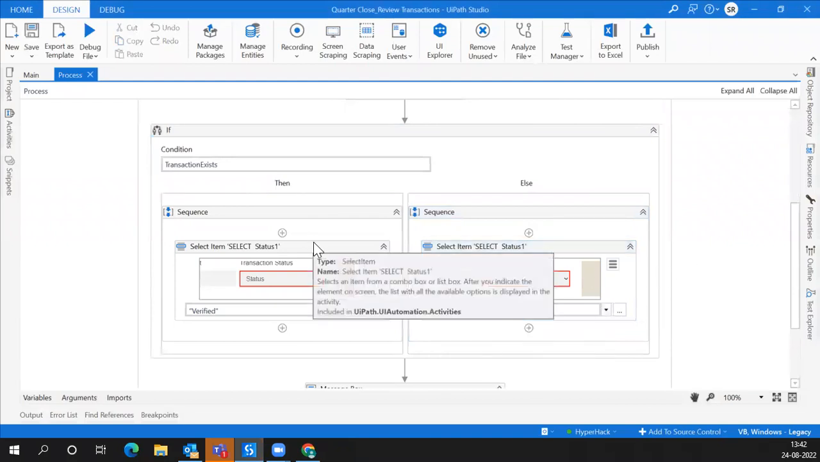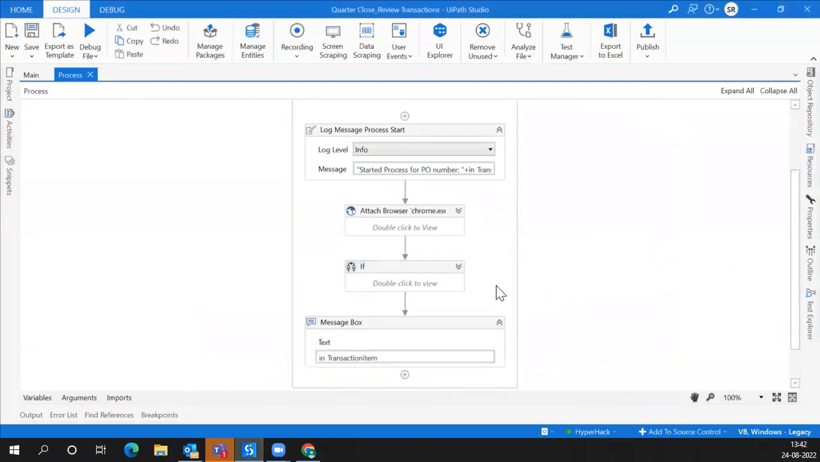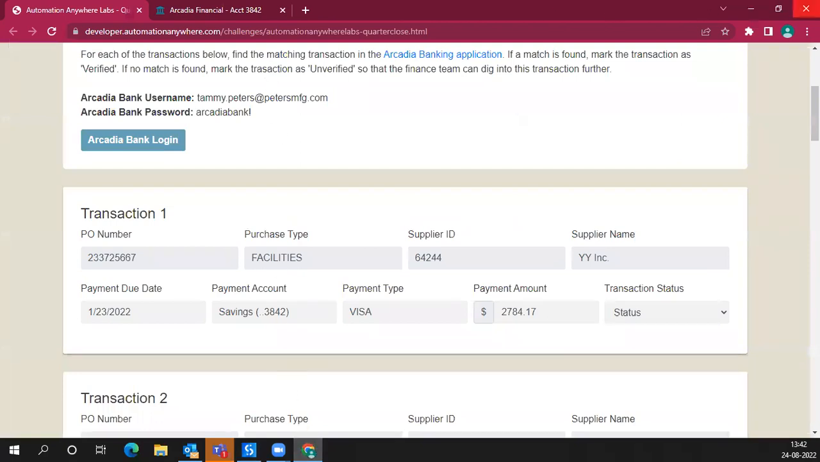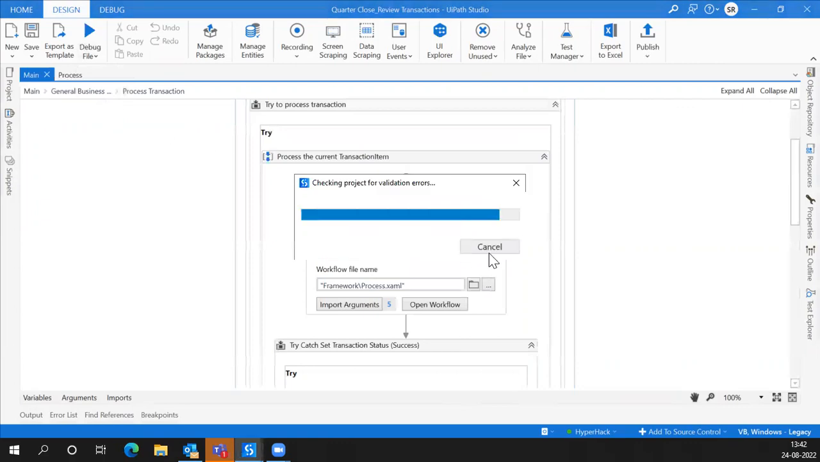And let us do one thing. Let us execute the flow and check step by step for each and every transaction item how it is going on, and we'll see what to do. Okay, after doing all the steps of this process, I'm just putting a message box in order to stop it. So let us run this. We'll just go in,